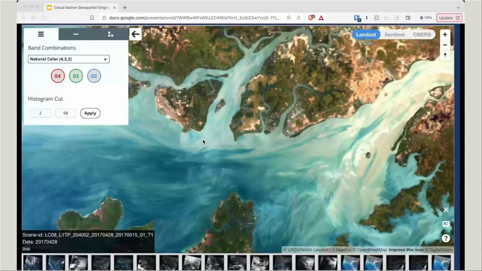And once the data was available on S3 and organized in a way for streaming, it enabled this little explosion of innovation. This was a cool app called Remote Pixel, and it let anyone easily view any Landsat image, as well as Sentinel and CBERS that started to be organized in the same way. And you could even change the bands on the fly, super easy to use. But there were many applications and tools that started tapping into this new way of accessing data.